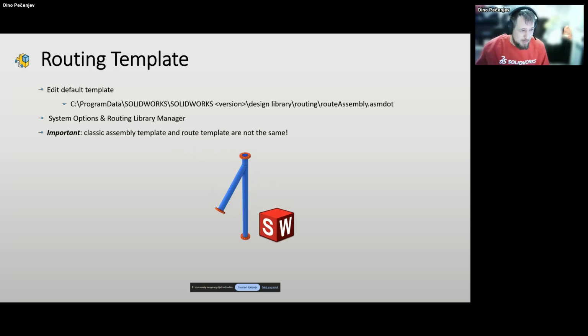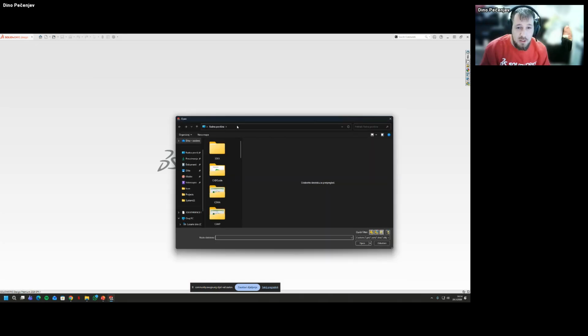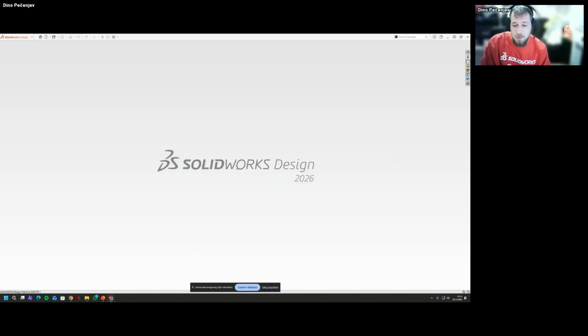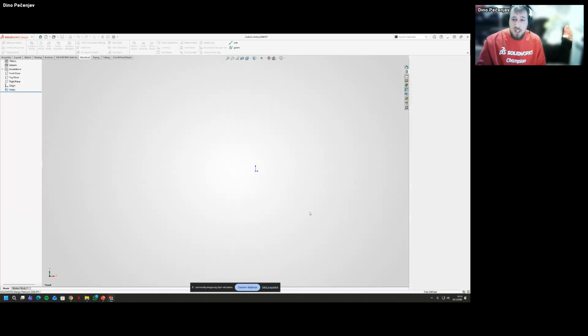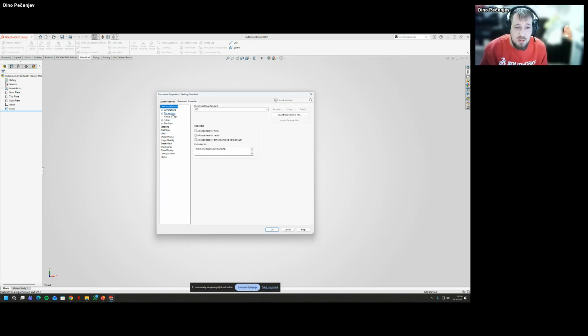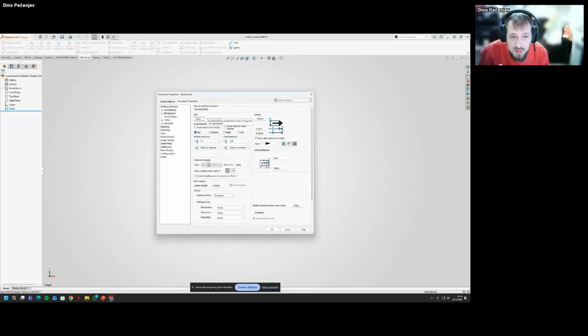And let's get to the demo. So first things first, I'm going to open up my SolidWorks location, so version, templates, and here is routing assembly. When setting up the assembly, I'm just going to change a few settings for this presentation. So I'm going to check for the dimensions. So I'm going to set it up for 28 points, just to make it a bit more visible.